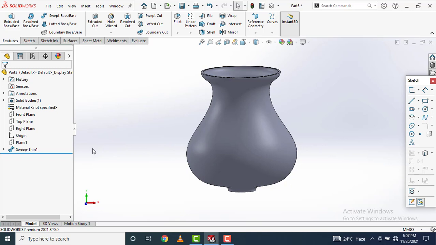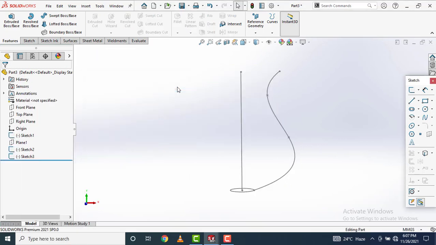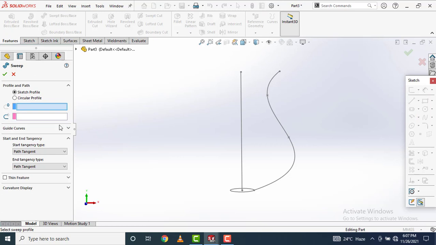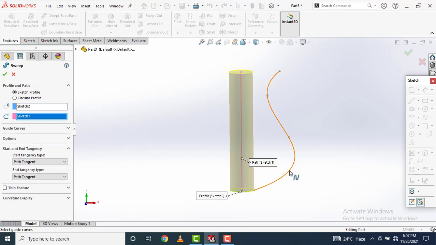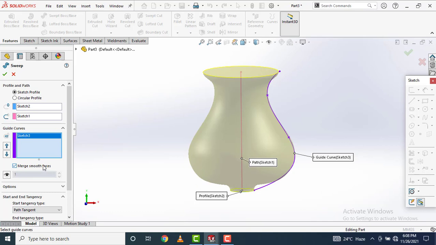To make you understand this, I will delete this feature first. Right click, delete, yes. We will go to feature, swept boss and again make the same profile. But this time this is a solid body.